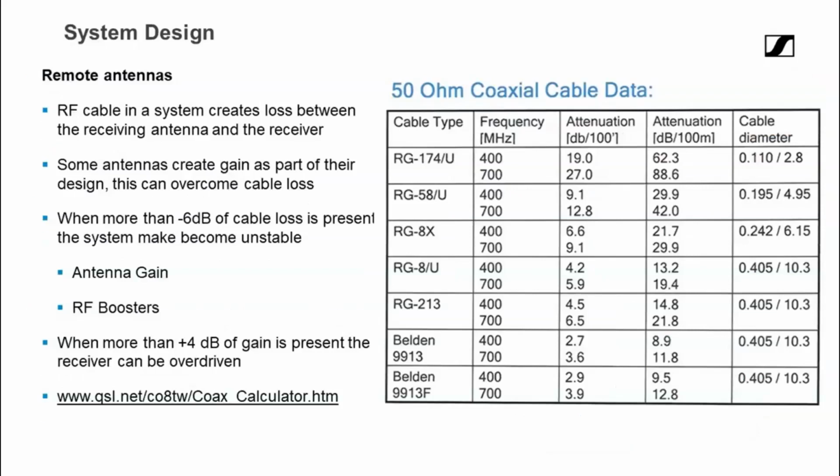And then one thing about system design is RF cable. When you look at the RF, I mentioned this before, we really want to think about the frequencies we're using and how that's going to relate to the length of cable we're using from our antennas to our receivers. This is a chart from Belden. It really gives you an idea. Always remember, use 50 ohm cable. The other thing is RG58, you see it out there a lot, is fine cable, but really for RF and long lengths, very high attenuation. Even with 100 feet, I'm losing 9 to 12 dB, depending on the frequency range.